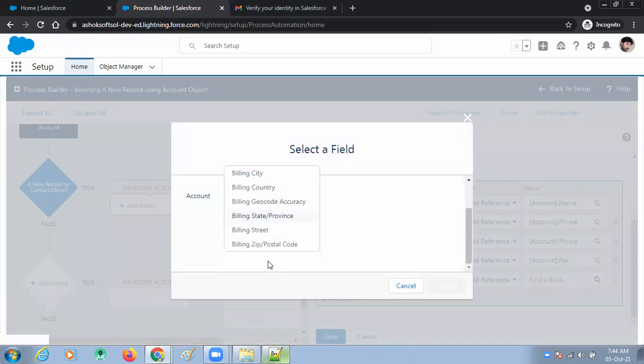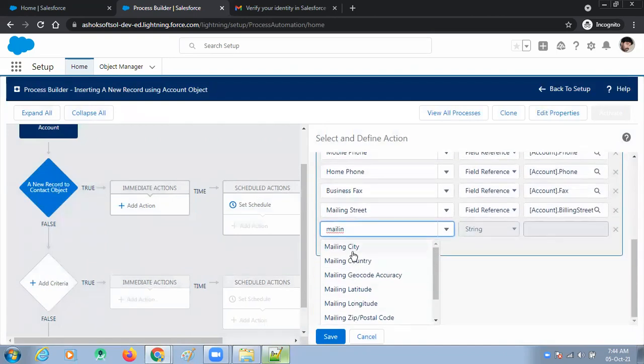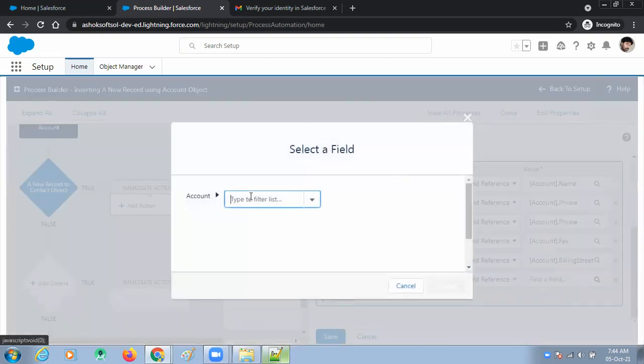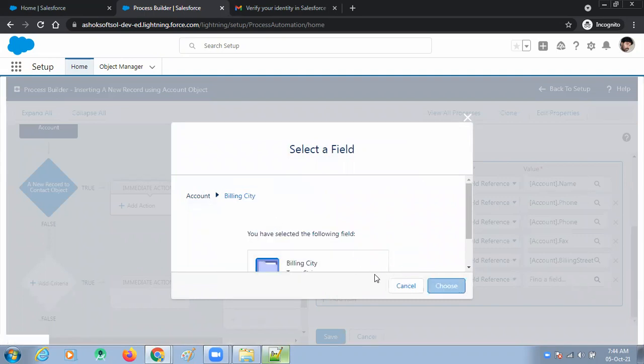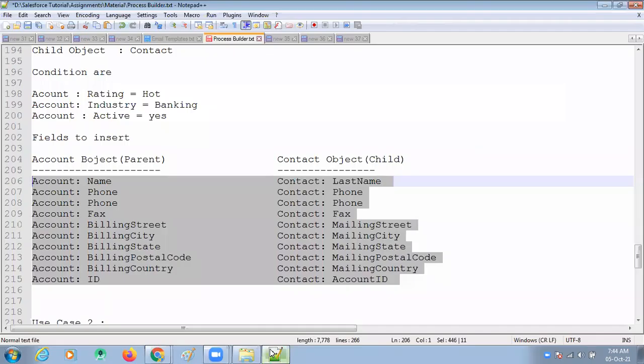Mailing city equal to field reference billing city. Okay, billing city only. Okay, billing city.